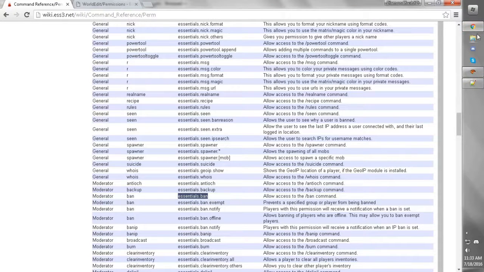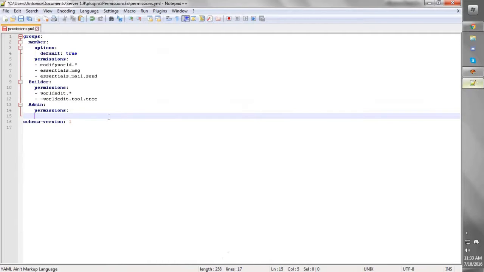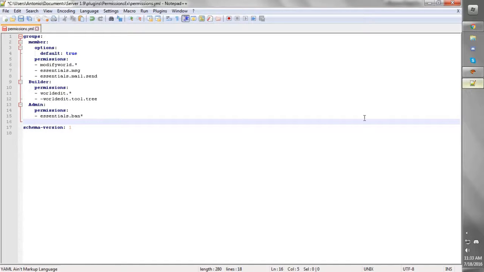So let's Control C, and let's go to command. All right, so we're gonna add a slash, and then we're gonna add this one. Make sure it's lined up. Oh, I messed up. All right, there we go. So I want them to have access to all the ban commands. That means you can ban it for a certain amount of time. I'm just gonna add the star, and I'm gonna click enter again,